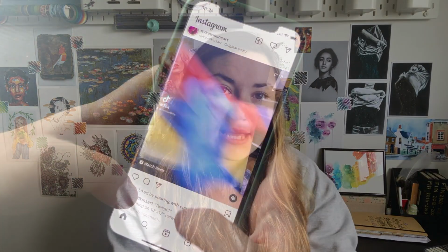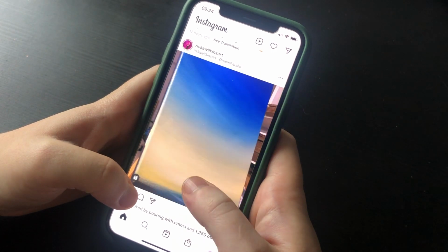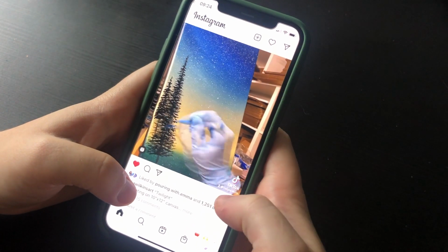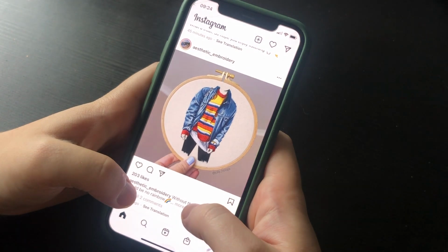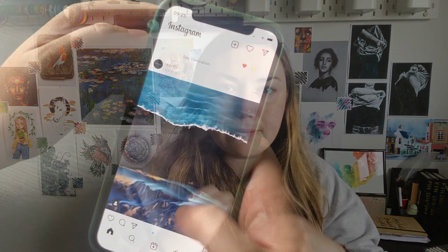So often I will just sit and scroll through Instagram. Now, I know a lot of people do that on the daily anyway, but if you have an art account like me, I make sure that I follow other art accounts, other creative channels and feeds on my own Instagram. So I can scroll through, and there's art after art after art, constantly feeding my own